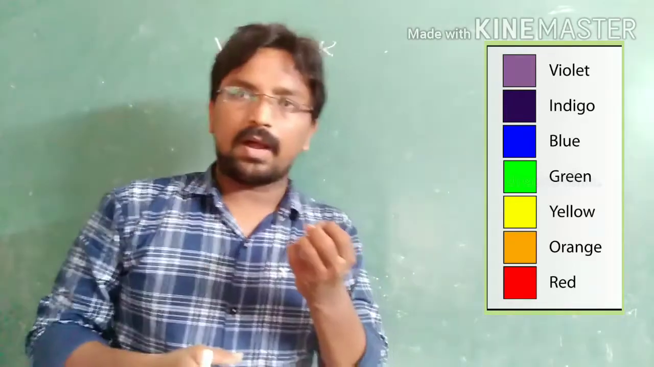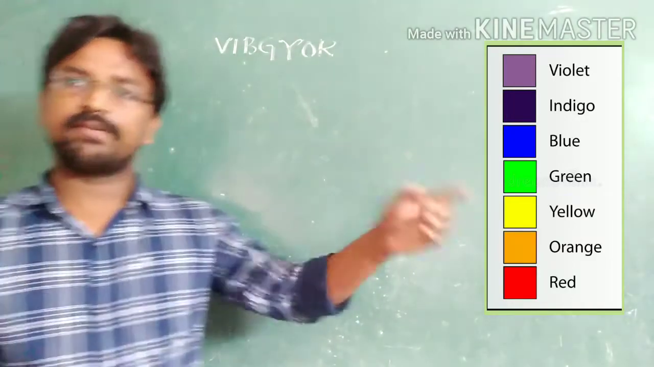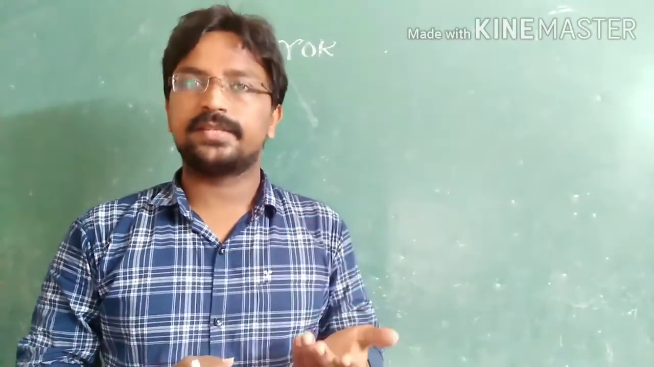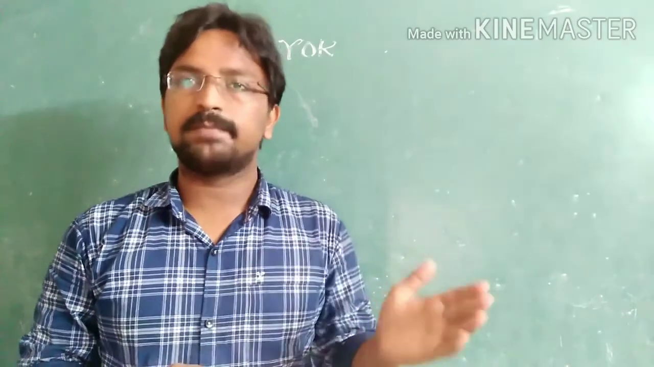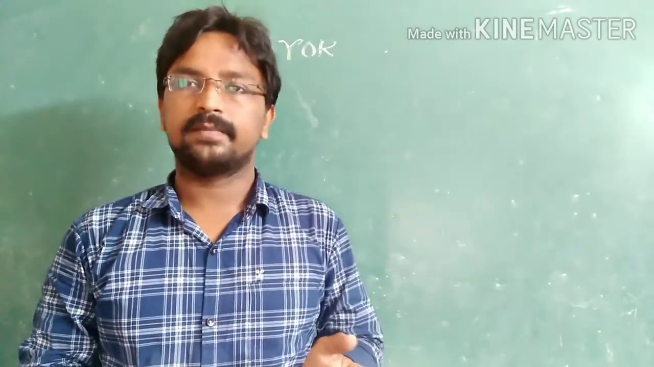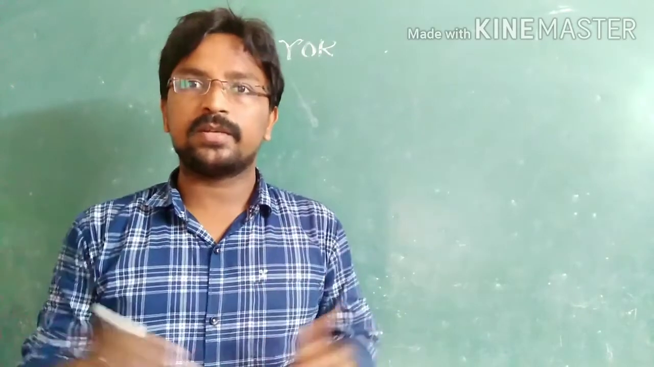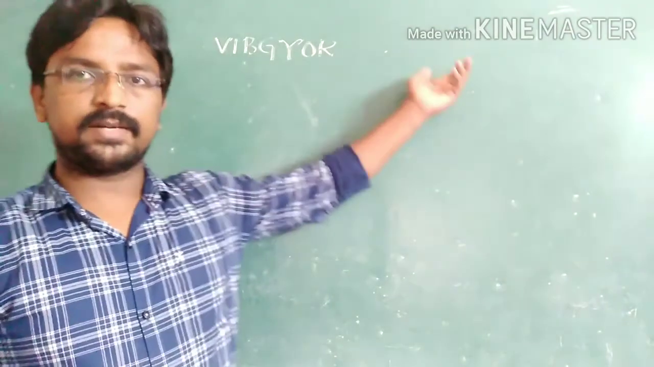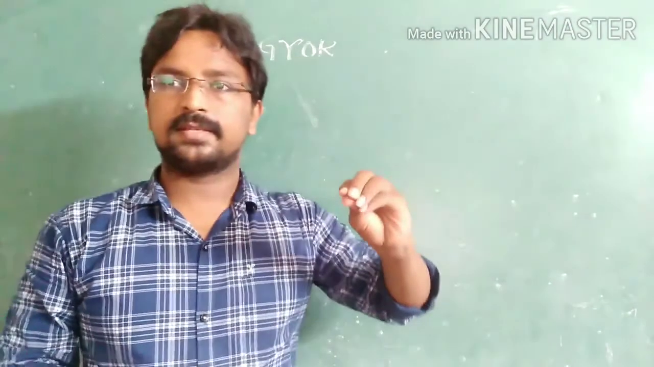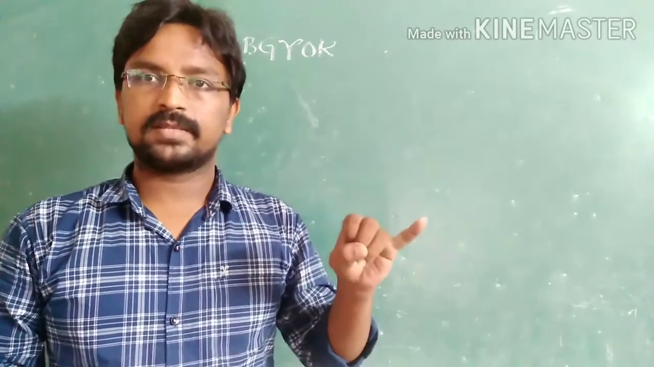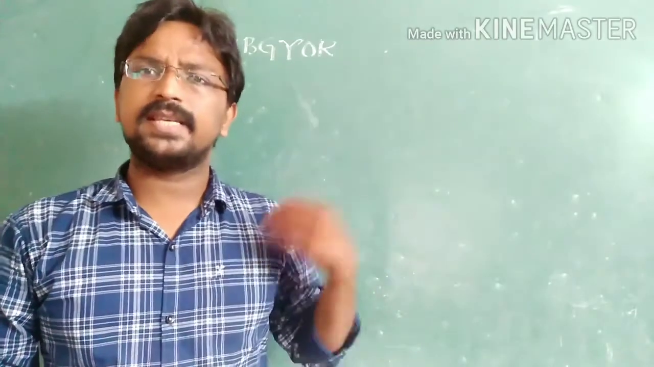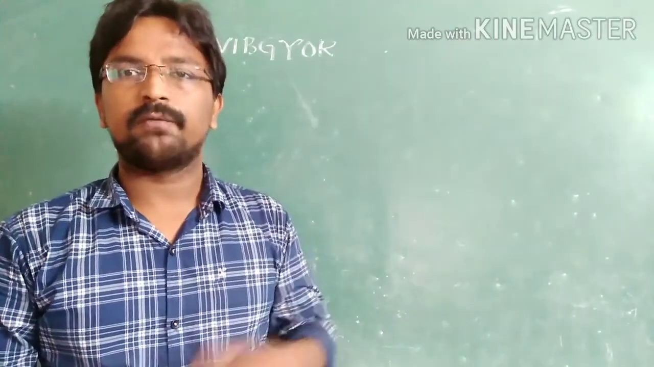All the 7 colors are continuously arranged without any gaps between them. If you observe VIBGYOR, from violet to red, each color has its characteristic wavelength and frequency. Each color has its own wavelength and its own frequency. So that's why we can say that